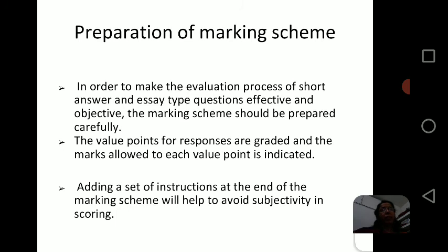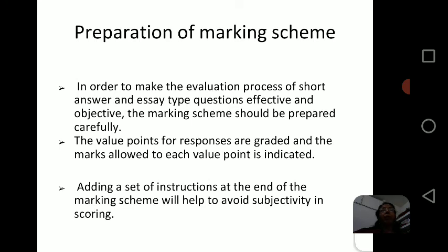The marking scheme means you take one question, a short answer or essay type question. For objective type questions, a scoring key is enough. Short answer and essay type questions include more value points. A short answer type question may include 2 or 3 value points. Essay type questions may include more than 4 value points, nearly 5 or 6 value points. You analyze the value points of the questions. You find out the value points of each question